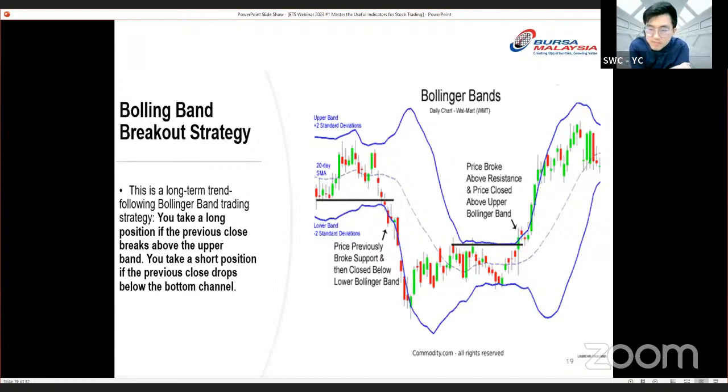Meaning when the stock price hits the resistance, it never stops. It will break above the resistance. So this one, in the short term, usually maybe 2 weeks to 3 weeks, but 2 weeks is already a lot. Usually in 2 weeks' time, it will continue trending above the zone. If it's a strong counter, it trends above the zone for 2 weeks,